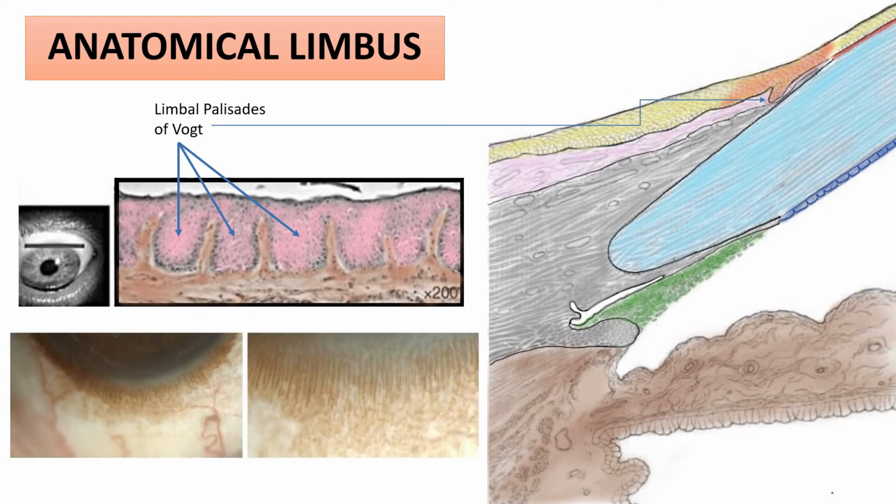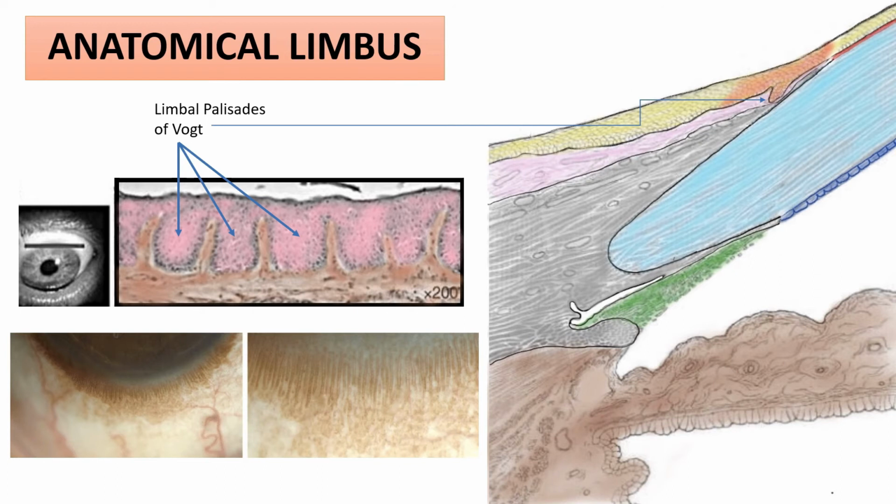So when you look at this from outside, it gives a serrated margin-like appearance to the limbus. So you can see that in this photo, how the palisades are prominently seen as serrated margins. Now the presence of palisades is very inconsistent and they are not always present in all individuals and equally distributed all throughout. So as in this photo you can see they are more prominent superiorly and inferiorly as compared to the nasal and temporal parts.